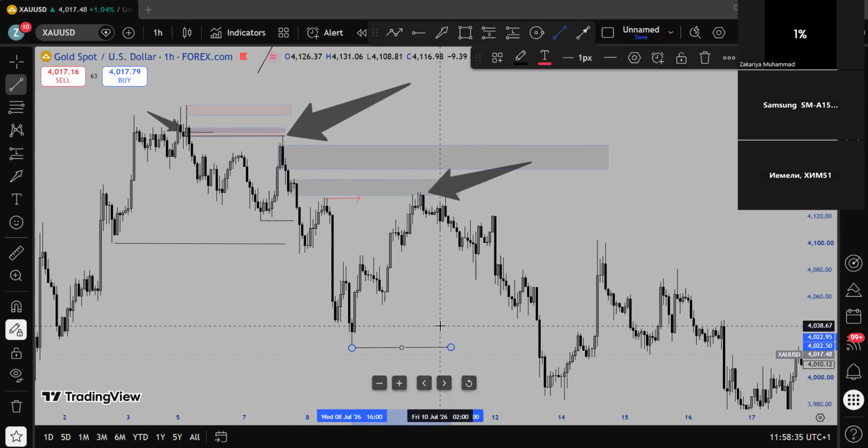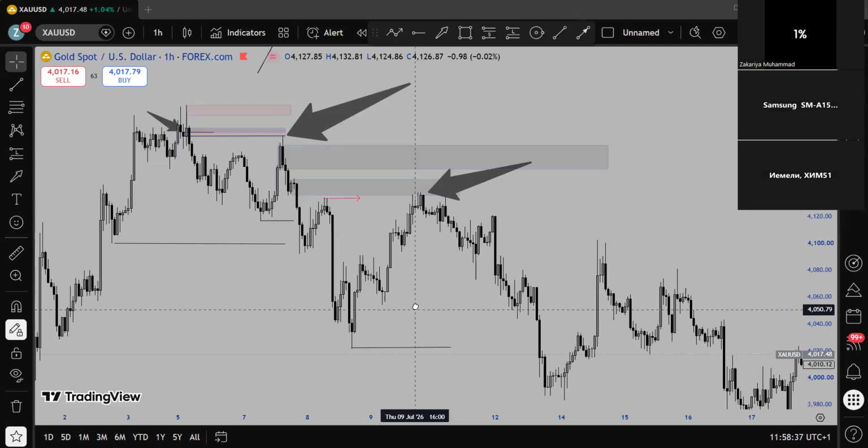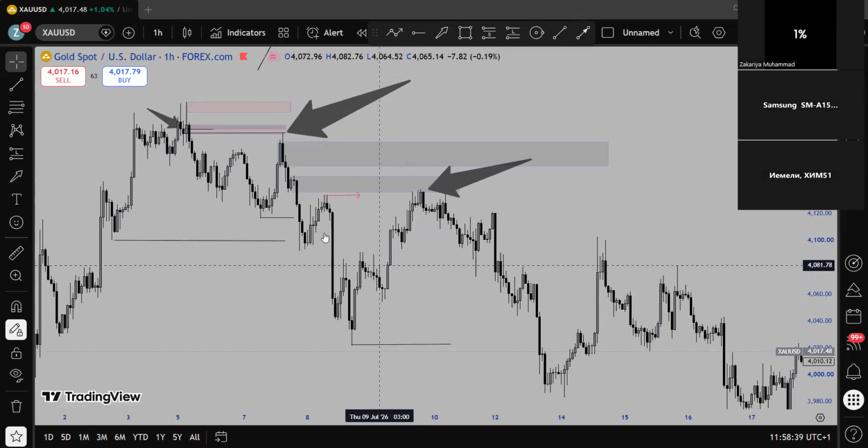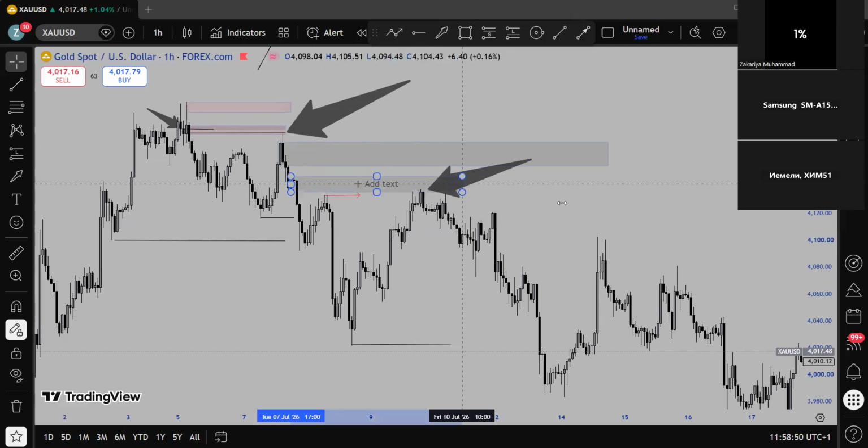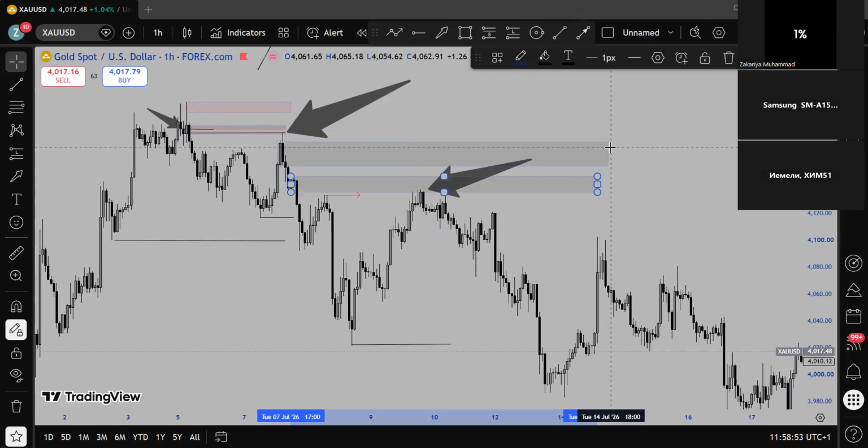Do you guys understand? Yeah, I understand. So you see, the first thing, if you marked your structure, the high that broke this structure, you know that is your invalidation zone. Unless market takes out this high, you don't have another structure shift. So that means you have two POIs you can work with. This order block and this breaker block.